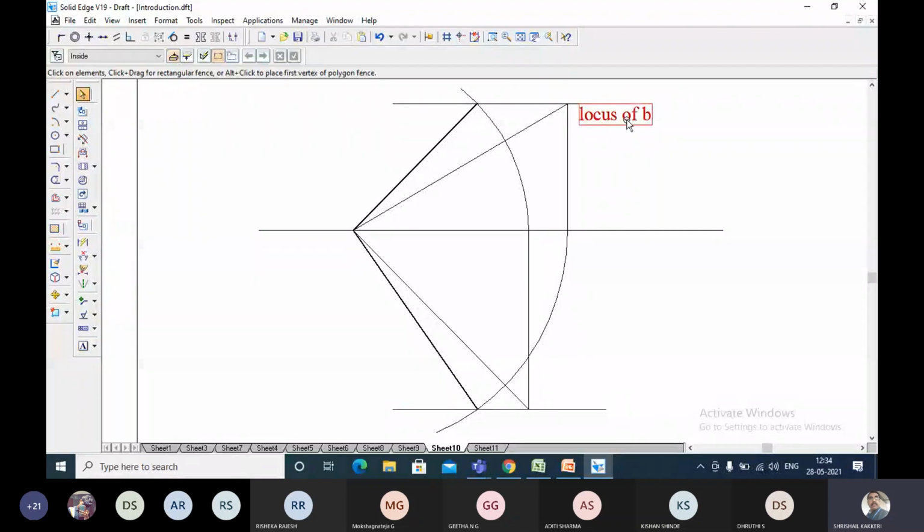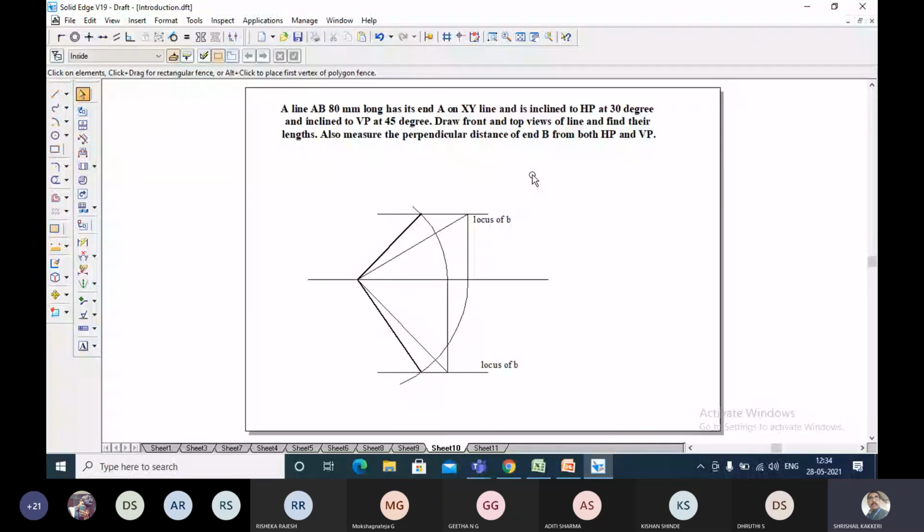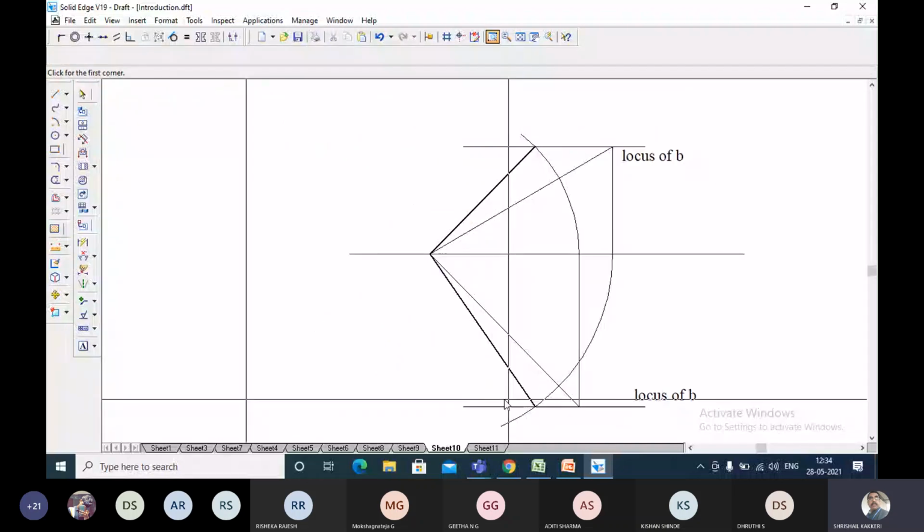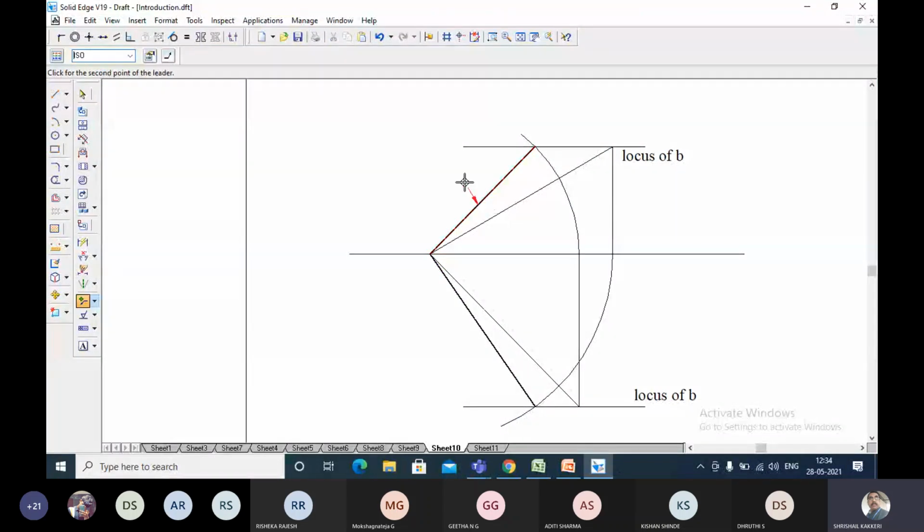Now, what is the problem? They ask us to draw the top and front views of the object. Okay, this is the front view, and this is the top view of the object. One can even take the leader. I'll show you one by one. Here there is something called a leader. In the leader, you can click onto this, and you can write the horizontal line, or you can simply show it is the front view of the object. Front view of the object, and take a leader and show the arrow mark, and this is the top view of the object. Apparent length. Top view of the object or apparent length.